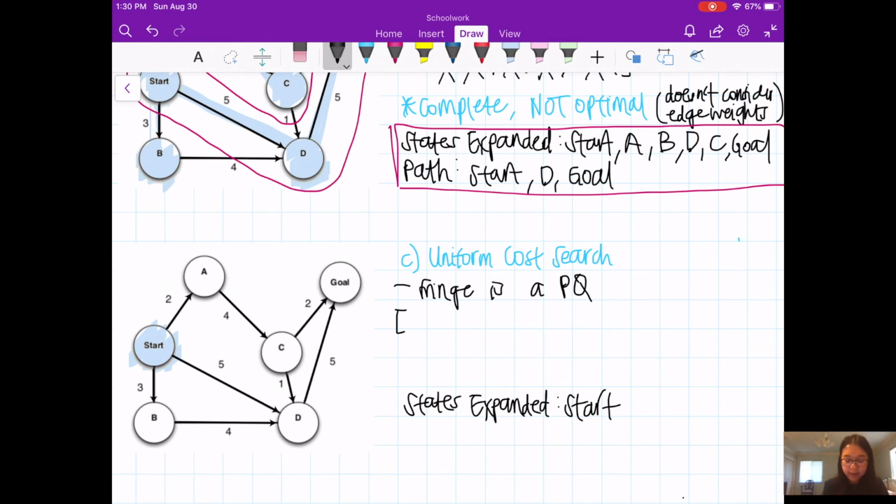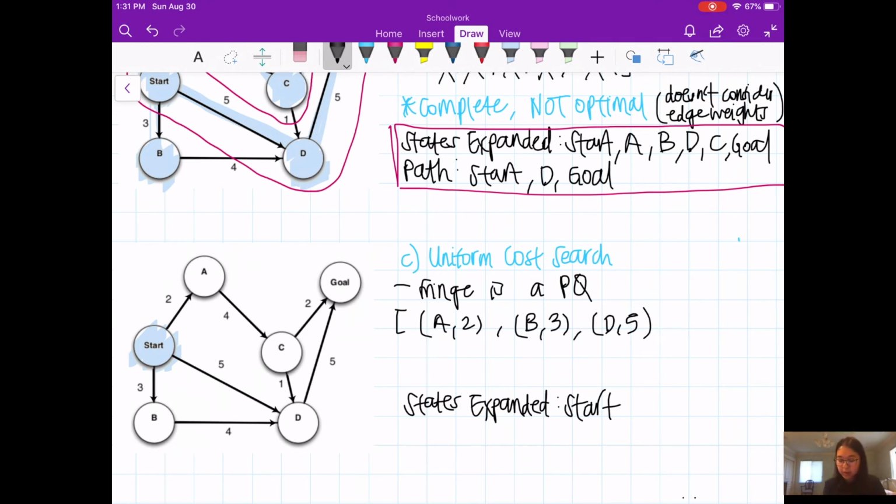We have expanded start, and now start is no longer in our fringe, but we add the children A, B, and D as before. But specifically now we want to take edge weights into account, so I'm going to write it as A2, B3, and then D had weight 5.